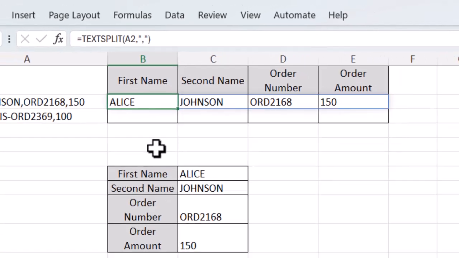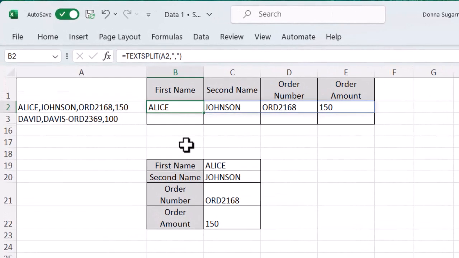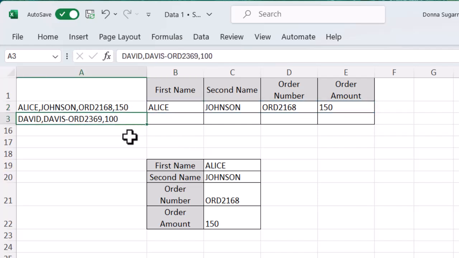So I thought I'd add in a slightly more complex one just to give you another example here, because sometimes you get data where it's got different ways of breaking it up, like David Davis. You can see there's some commas there, but there's also a dash. Now, if I try to do this in the same way that I did Alice Johnson, it's going to give me an error because there's one area there that doesn't have a comma. It's not going to format it properly for me. It's going to have David Davis, an order, and then 100. It's not going to split it up the way I would expect it to,